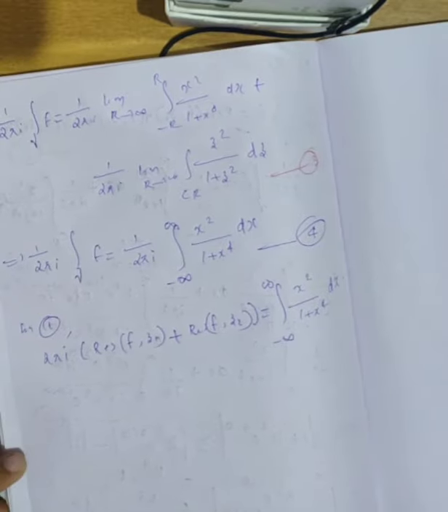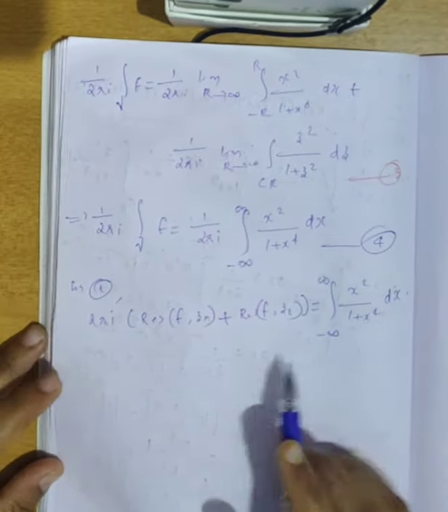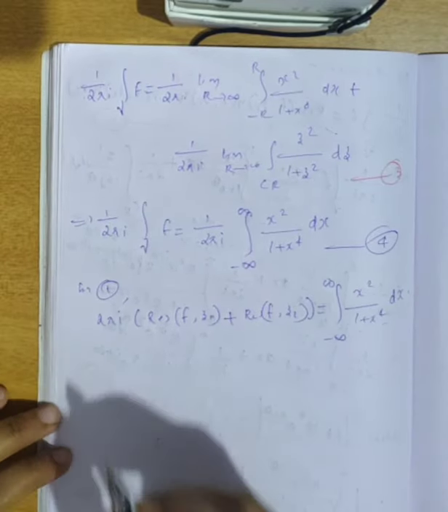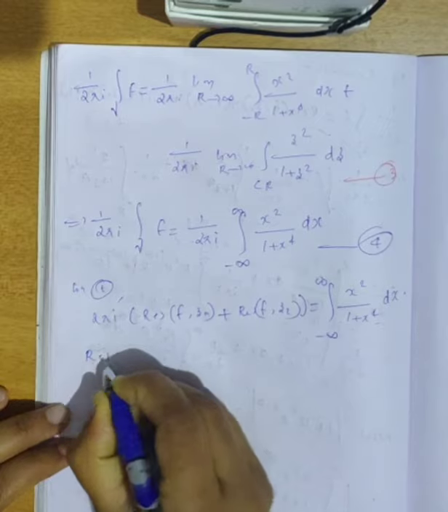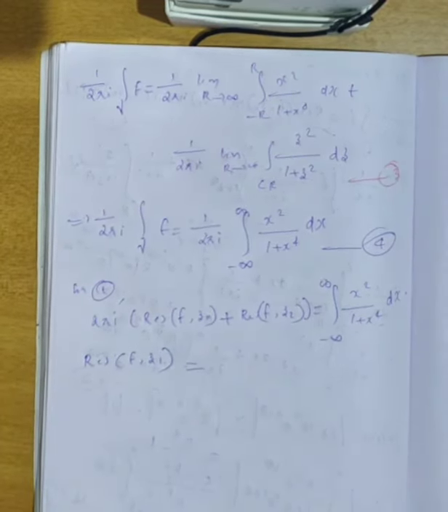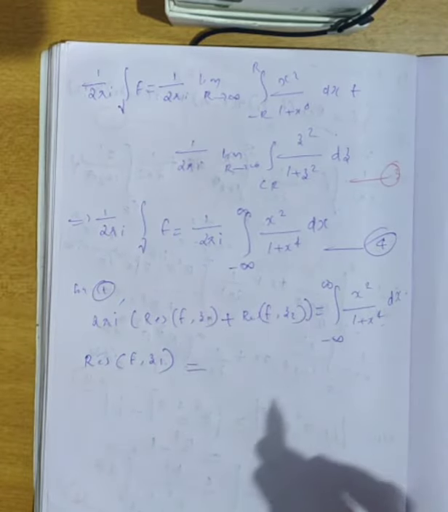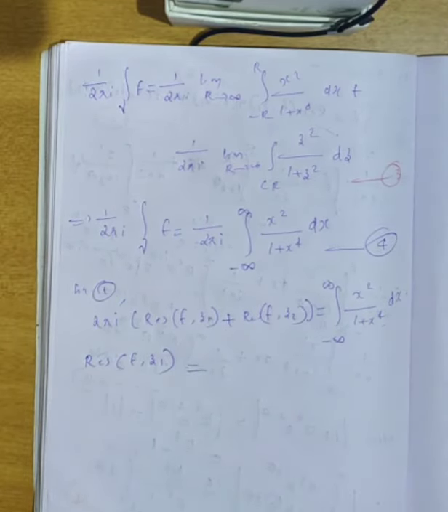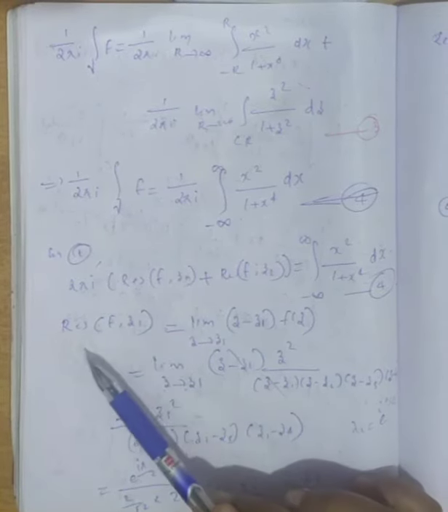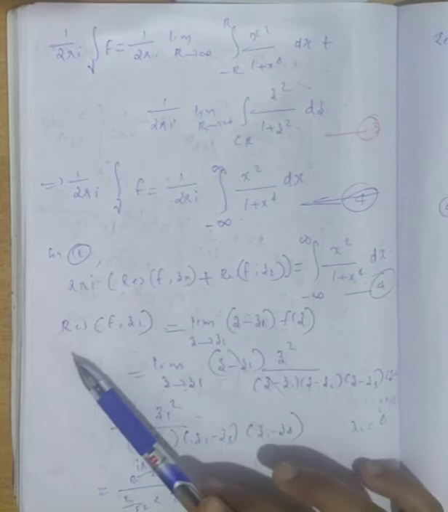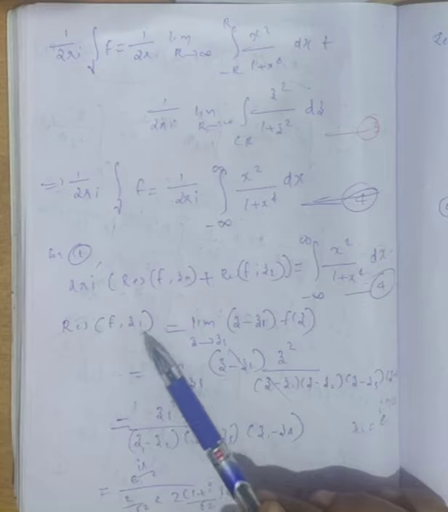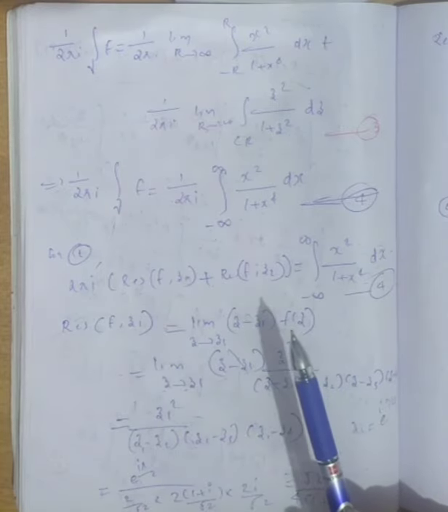Okay. Now we want to find the value of the residue of f at z1 and the residue of f at z2. We have our Z1, Z2, Z3, Z4 as the simple poles of F. First we find the residue of F at Z1. We know that our roots Z1, Z2, Z3, Z4 are simple poles.